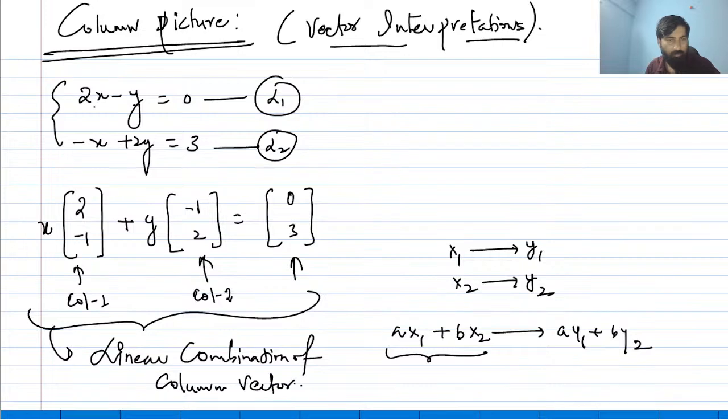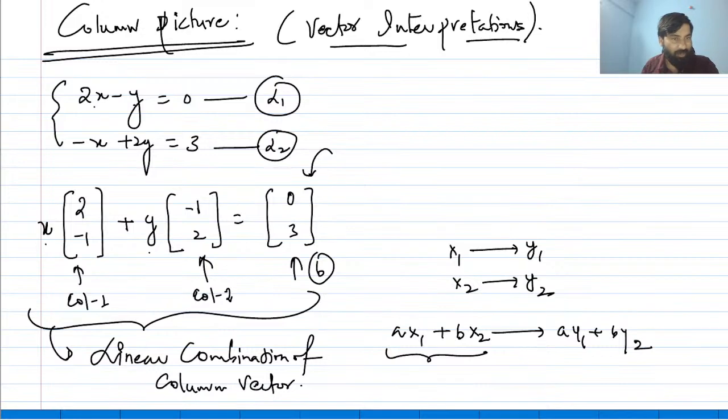Okay, if you want to write a linear combination, we are able to get this right hand side b vector with the help of a linear combination of column 1 and column 2. So you can also say that we are able to generate vector b here. We are able to generate vector b by taking the linear combination of the first column vector and the second column vector. This is also known as spanning. You are generating a new vector here.